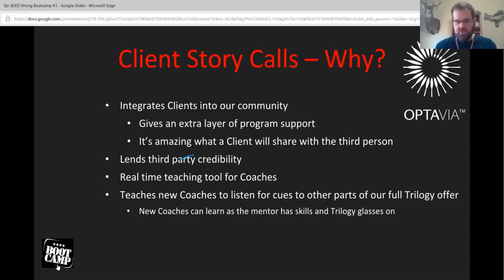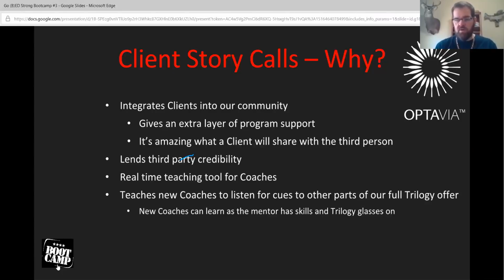And also you're learning to get your Trilogy glasses on. As that new client starts to talk about things, you as the coach may be only focused on their weight. You're wanting them to succeed with their weight loss, and you may almost have blinders on, focused on that one thing. But your mentor coach has been doing this for a long time.